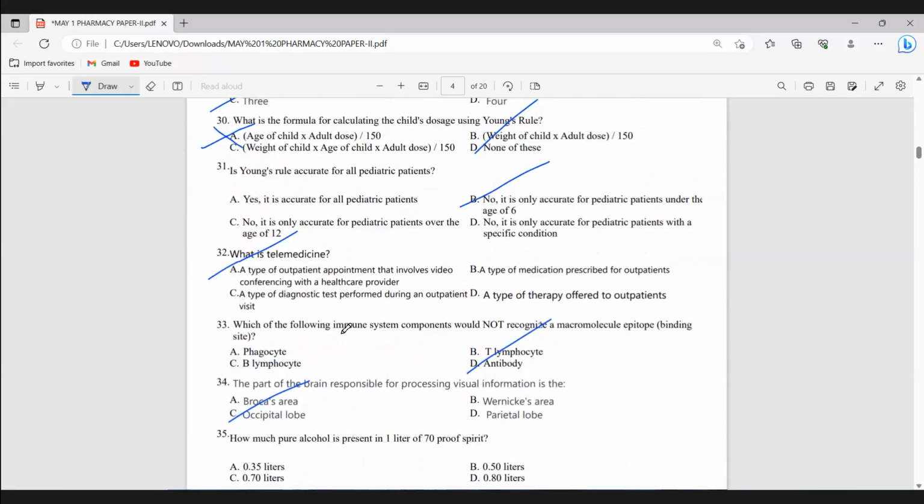31. Is Young's rule accurate for all pediatric patients? No, it is not accurate. We can take only up to under 6. Then 32,